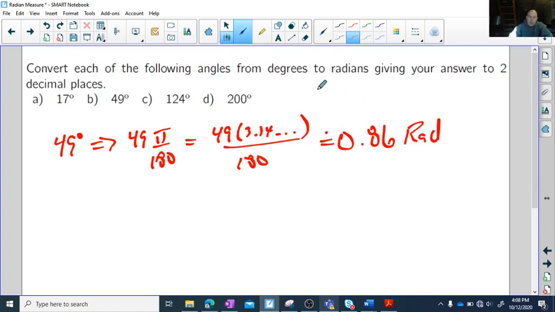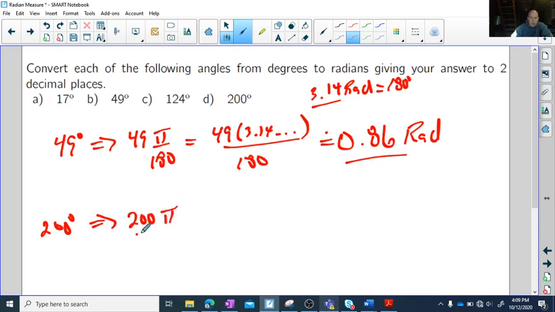Which, again, is reasonable, thinking that 3.14 radians, or pi, is 180 degrees. So I'm talking about 49 degrees, which is significantly smaller than 180, so I should be getting something smaller than 3.14, which I did. If you wanted to try 200 degrees, and you wanted the decimal equivalent of it, it would be 200 multiplied by pi over 180. Throw that into your calculator, and that would be 200 multiplied by pi, and then divide that by 180,